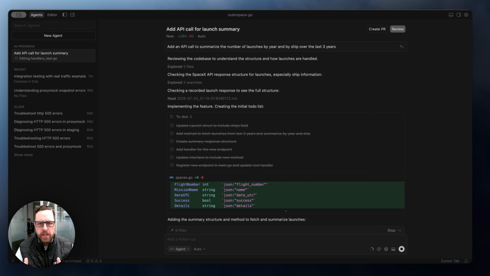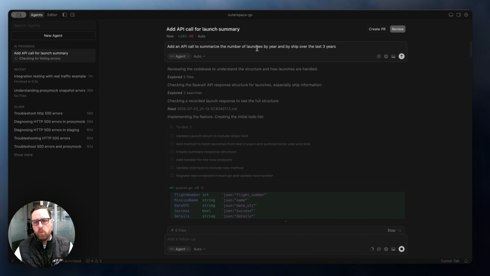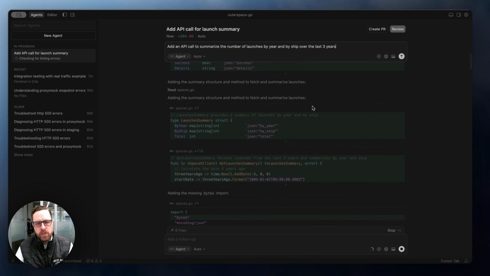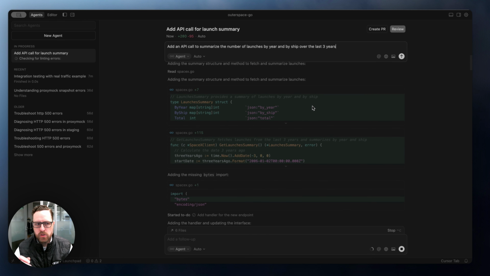One of the really cool things about using development tools like Cursor is it can dramatically speed up your application development. In this case, I'm using Cursor on an existing application to add a new API call that wasn't in there before. It's great. It went and did the work. It figured out how it needs to go make the specific code changes, but my challenge here is validating that